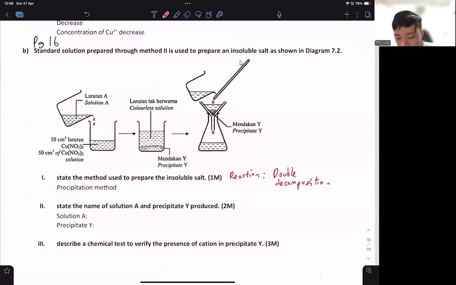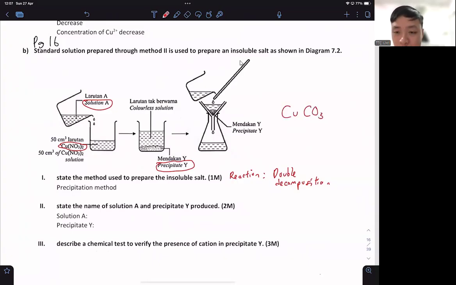I say the name of solution A and precipitate Y. Okay, so you got copper 2 nitrate added into solution A. So you get an insoluble salt. Precipitate means you get an insoluble salt. So what do you think you will get? Now, let's say I got copper. What insoluble salt can I form? Copper, I can get the carbonate. Very good. Okay, so carbonate,